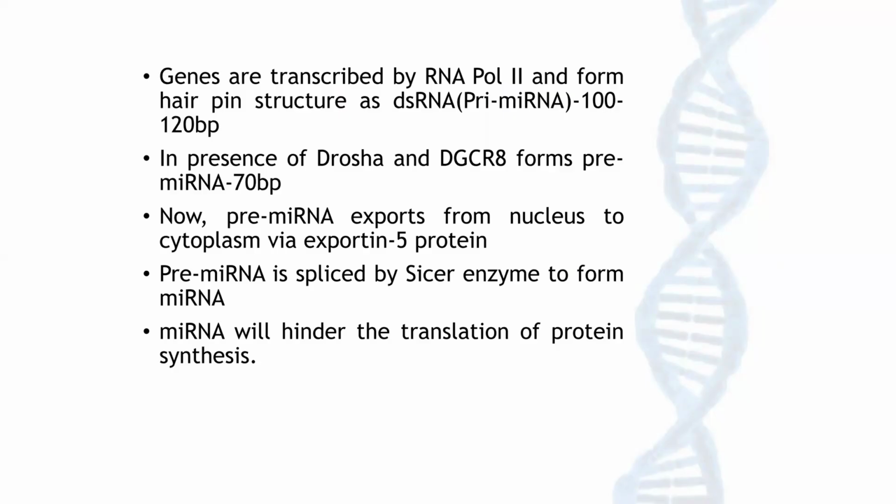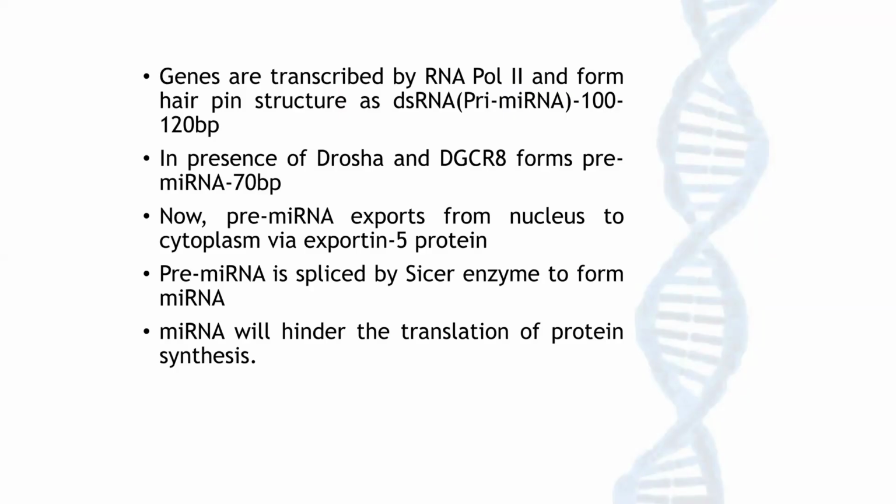The transcription of these genes into primary microRNA is done by an enzyme called RNA polymerase II. And then in the presence of Drosha and DGCR8, it forms a free microRNA by cleaving the loop in the hairpin, making it form a double-stranded